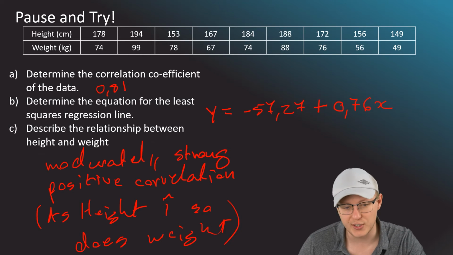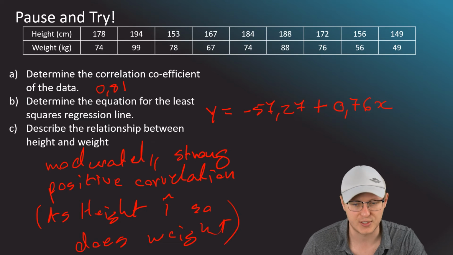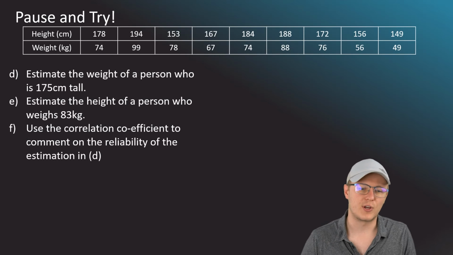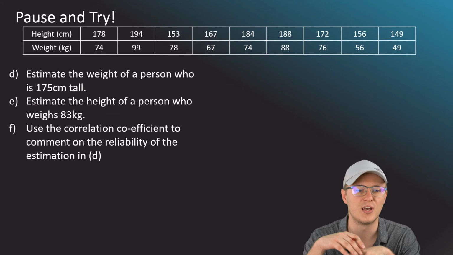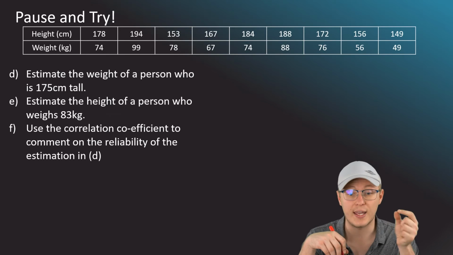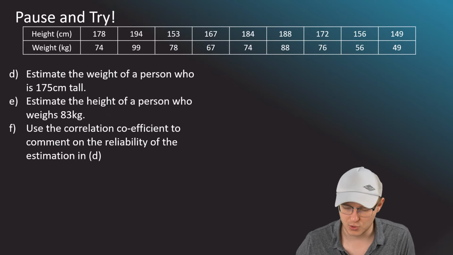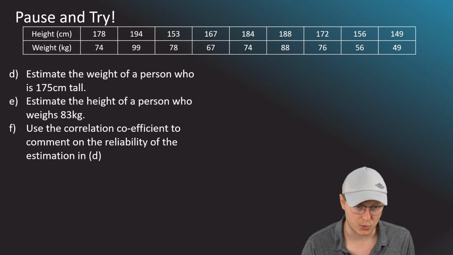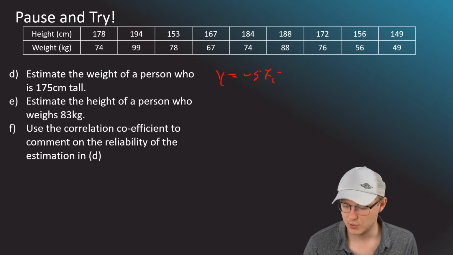You know that your least squares regression line was calculated as negative 57.27 plus the 0.76x. So if you're going to estimate the weight of a person who is 175 centimeters, the height is your x variable. So in order to go and calculate this, you're going to use your least squares regression line. So let's write that. We've got negative 57.27 plus